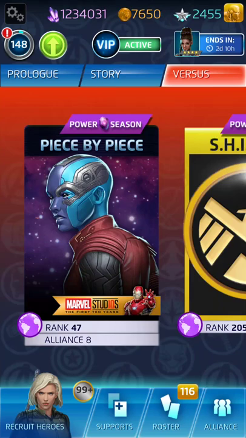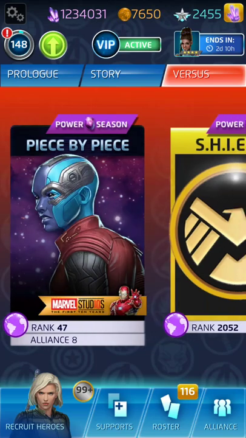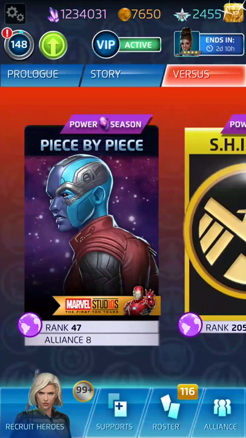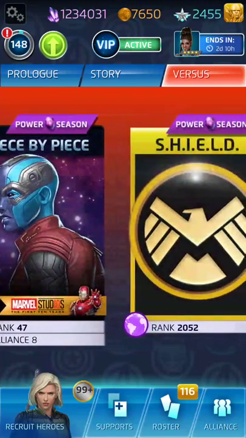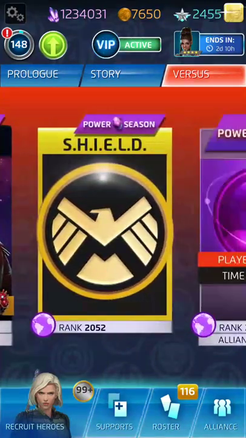Piece by Piece is the 4-star event featuring the brand new character Nebula. Let me know what you guys think of her in your first impressions so far. As a green and red combo user, I think she's going to be pretty good. Her blue looks alright, so I guess we need a little more testing with her, and we'll get some more shield training in today in her shield training event, featuring the other 4-star characters in there, which should be pretty